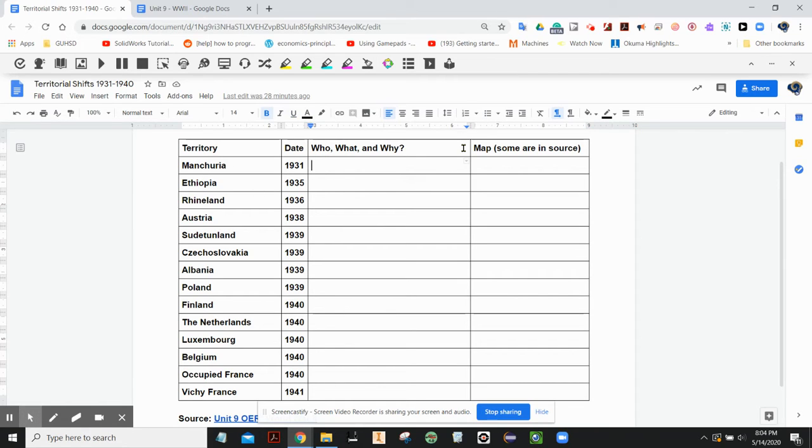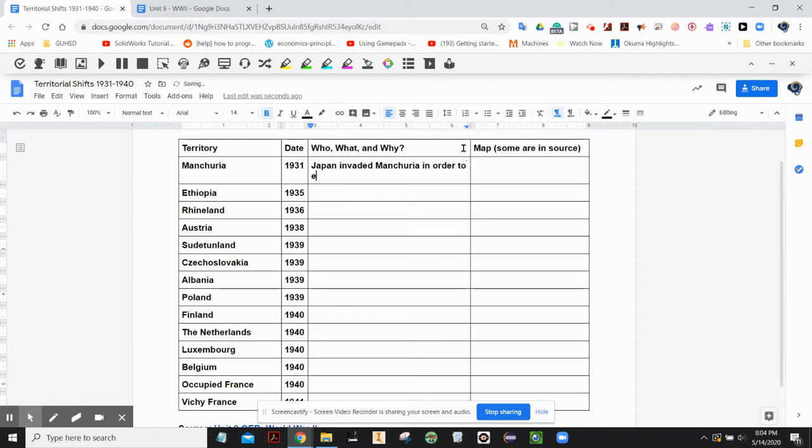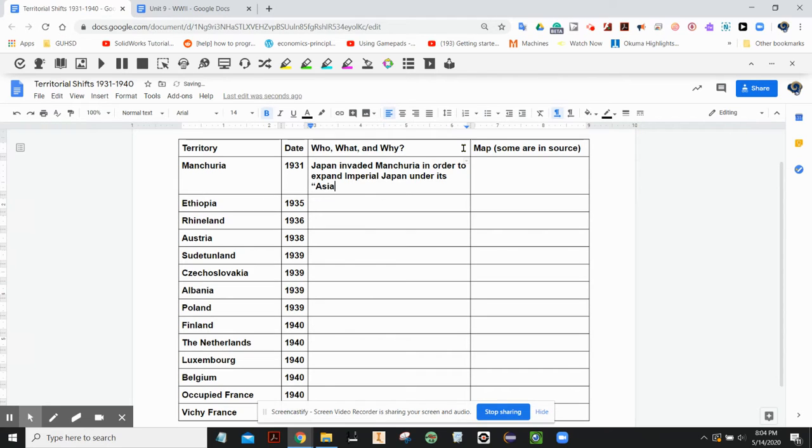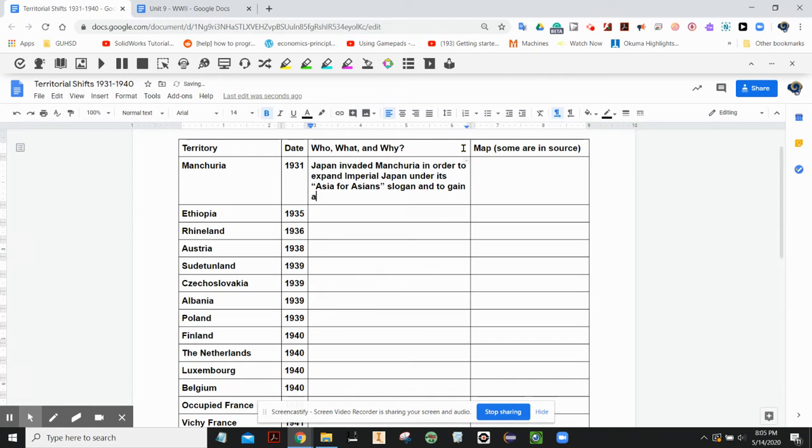And so let's go to Manchuria here, and we know Japan invaded Manchuria in order to expand Imperial Japan under its, in quotes, Asia for Asians slogan, and to gain access to natural